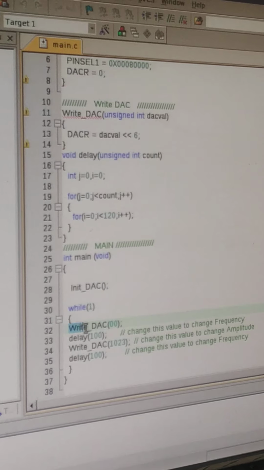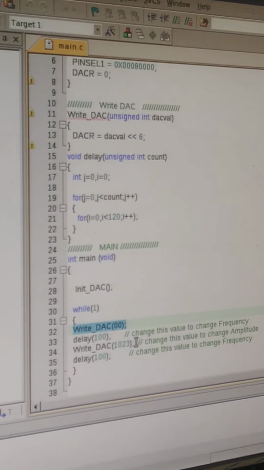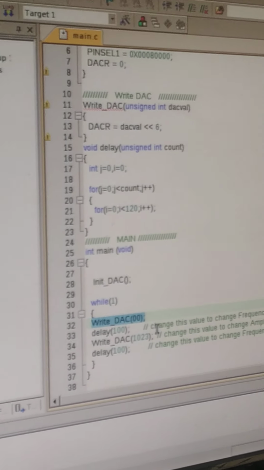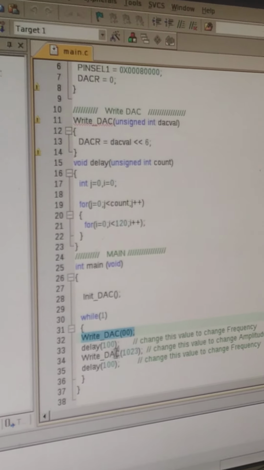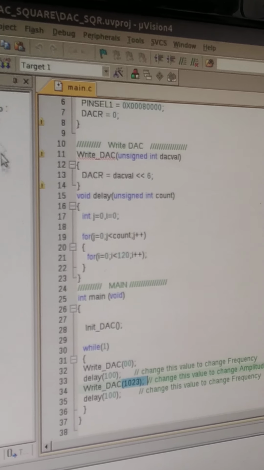First you start from 0, so it will be executed till 1023, then from 1024 it has to start again. That is why you are passing 1023 here. So this is about the main function.